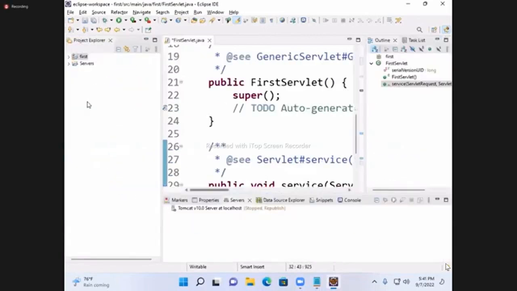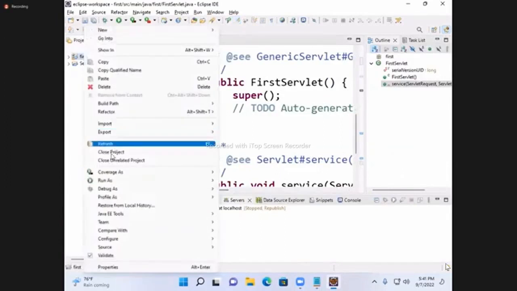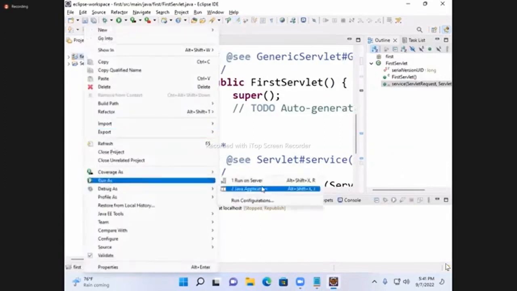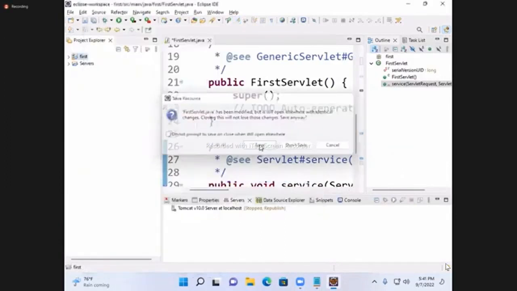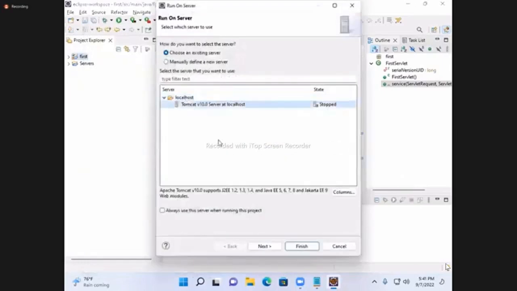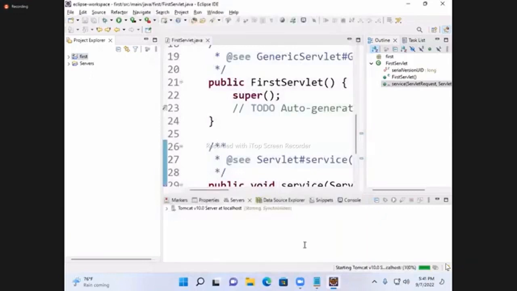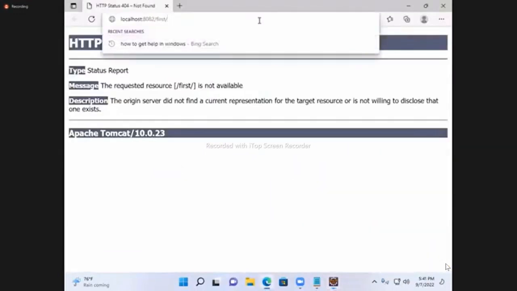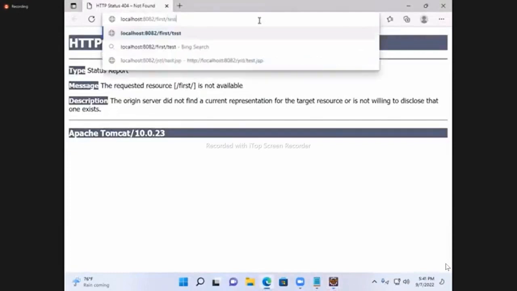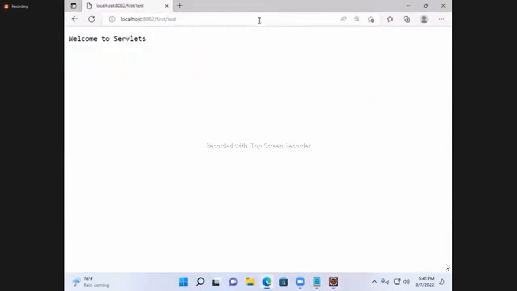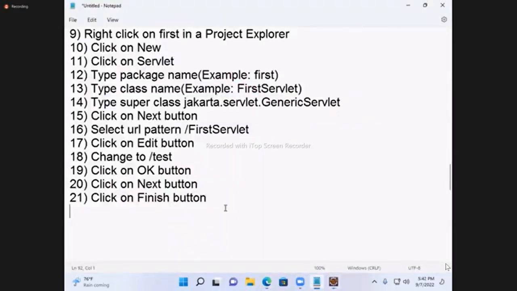Over. Now right click, Run As, Run on Server. Save. You have to select the server. Here first, here test. Like this you have to do. Okay. Now next, write the code in